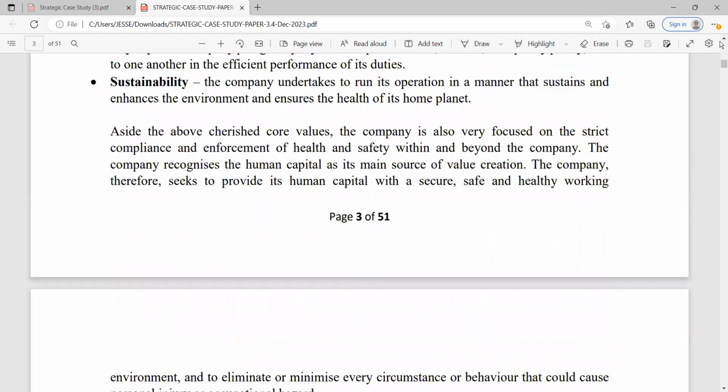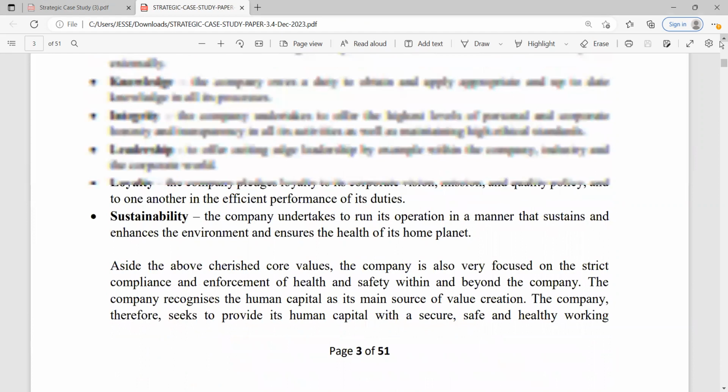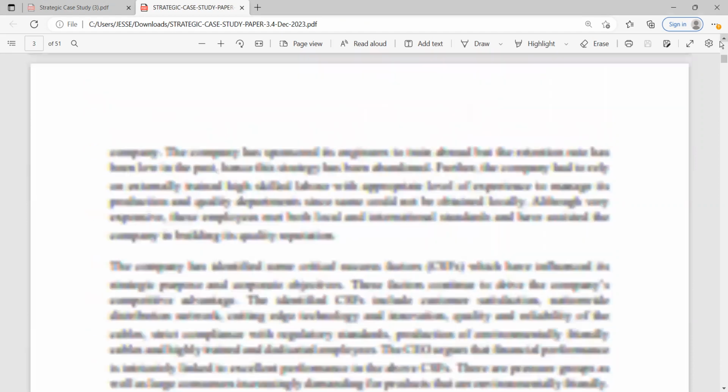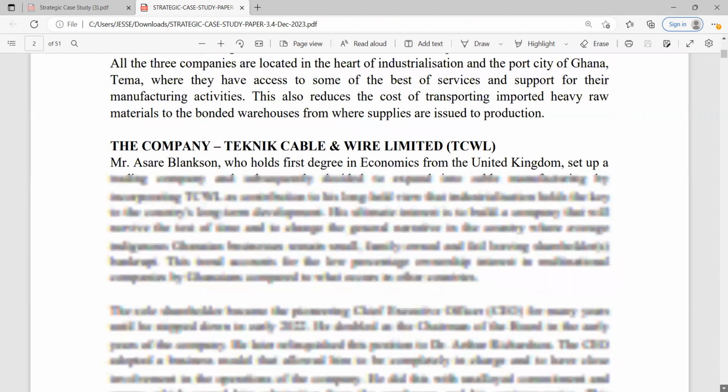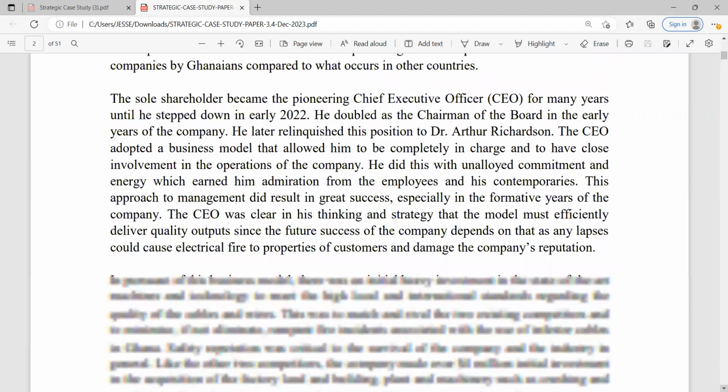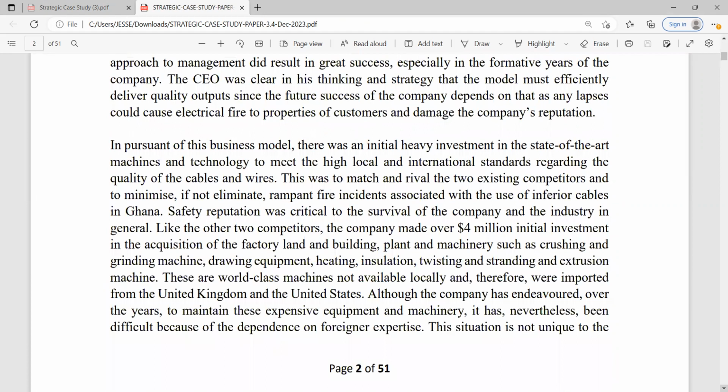And then we've also talked about how they want the business model to run so that it ensures that the company delivers very, very good quality products. So in pursuance of this business model, there was an initial heavy investment in the state-of-the-art machines and technology to meet the standards regarding quality of cables. All right, so it's very, very important to understand here that